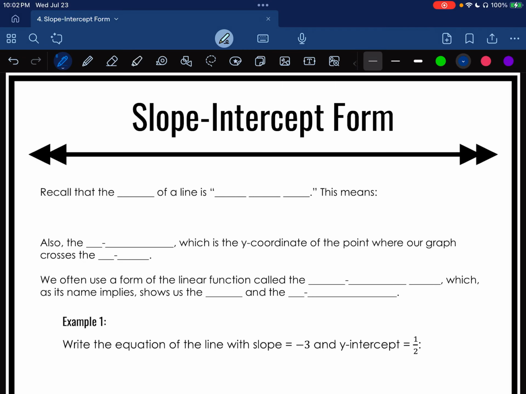All right, today we're going to talk about something that you probably remember from pre-algebra. That is slope-intercept form. All right, so you'll probably recall that the slope of a line,